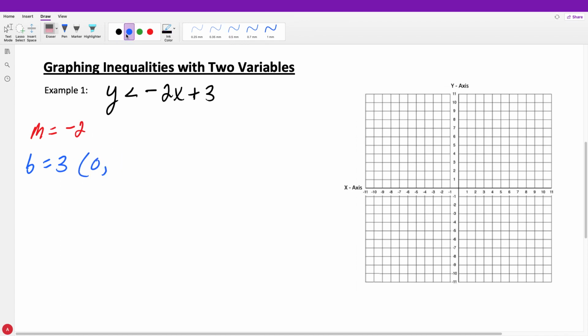This gives us a point of (0, 3) as where we cross our y-axis. That's why it's our y-intercept. So I'm going to put this point here at (0, 3). Remember, our slope is our change in y over change in x. So this -2 is -2/1. So it means that we're changing in our y going down 2 as we're moving over 1 to the right